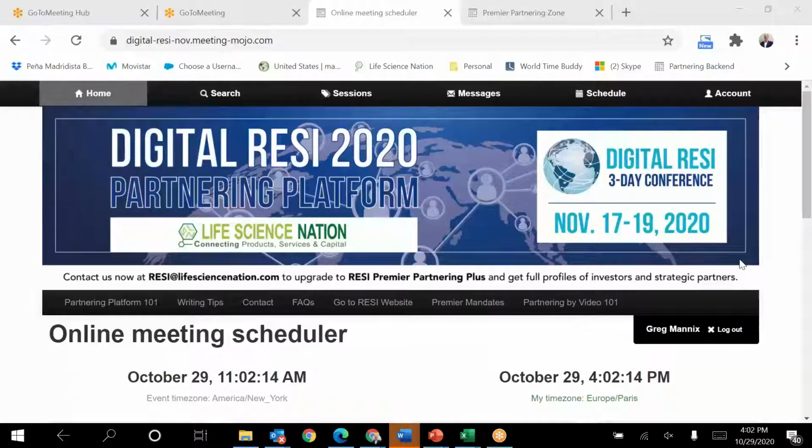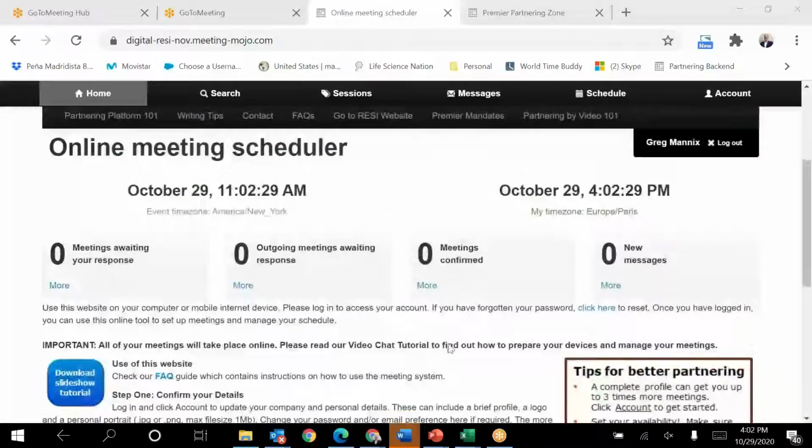Okay, so just to get started, when you log into the partnering platform, and hopefully you all received your login credentials day before yesterday on how to get in, the first screen you get is this home screen, and it's really a dashboard. So this is really useful to see what your partnering situation is. If you have any